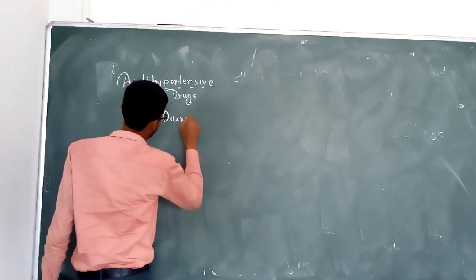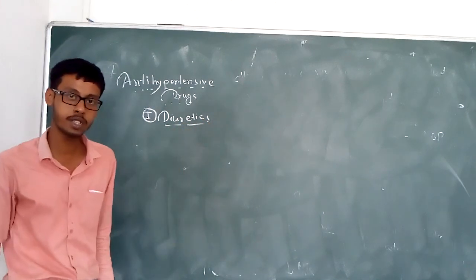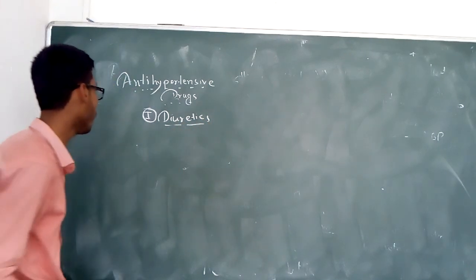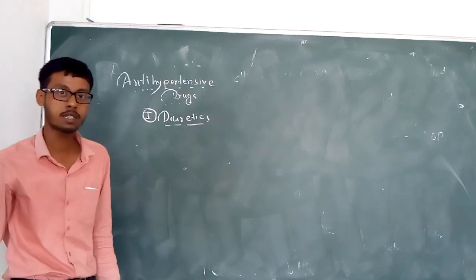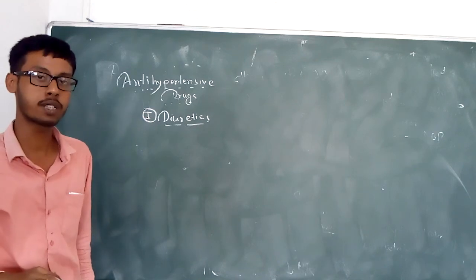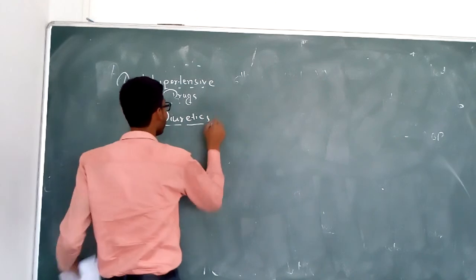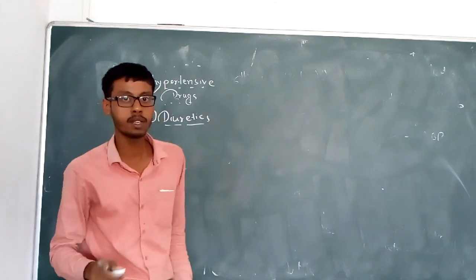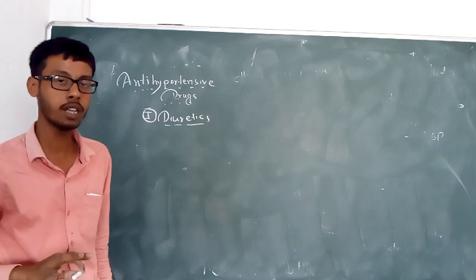Diuretics. We have already studied diuretics, I am not going into details. So antihypertensive drugs are the drugs used to lower the blood pressure in the human body. Okay, so diuretics, তোমরা সবাই জানো ডায়াবেটিস অলরেডি পড়া হয়ে গেছে। এটা কি করে, এটা এক্সক্রিশন করে, কি করে